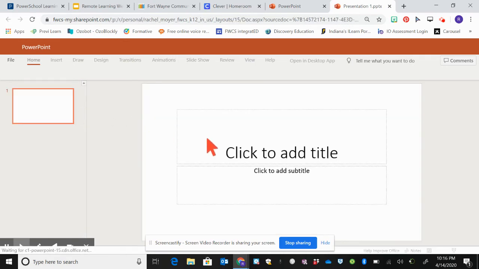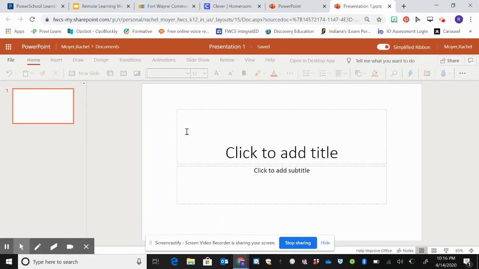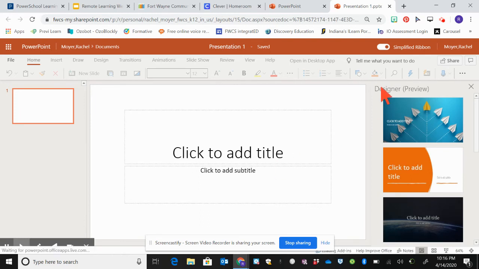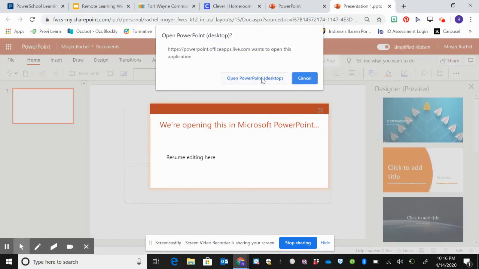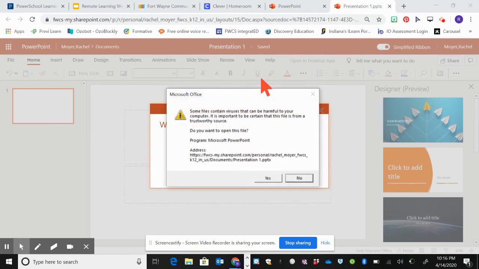So right now I'm working with it out in the cloud. As I'm working, I realize, oh, I don't have all the features of the program I want. So I can actually hit this open in desktop app and you just tell it to open PowerPoint app,